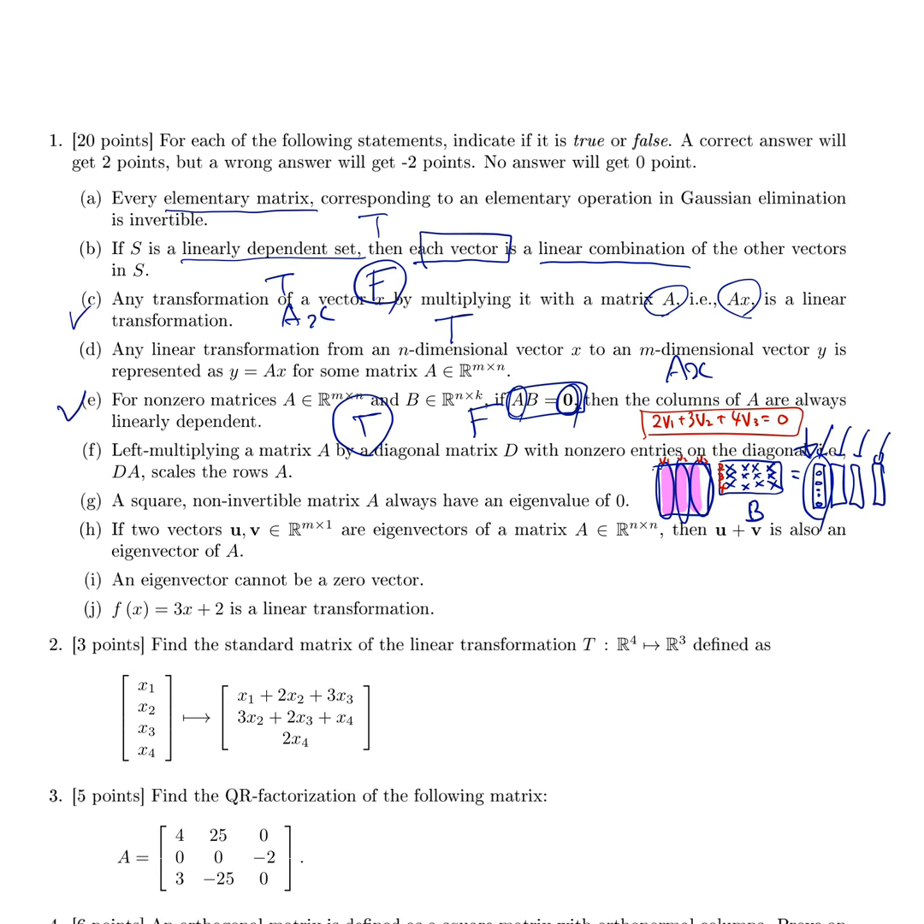But in that case, the 4th vector v4, the fact that this 4th vector is represented as a linear combination